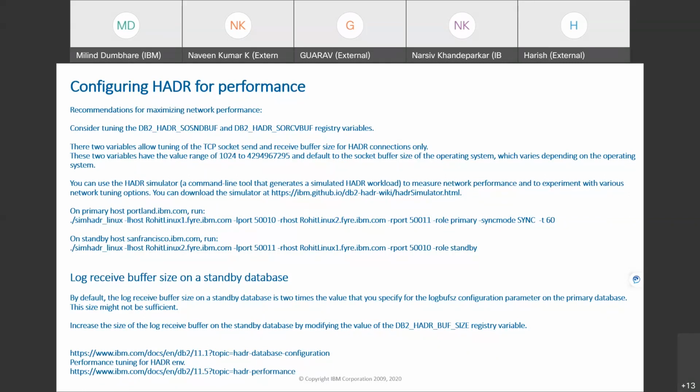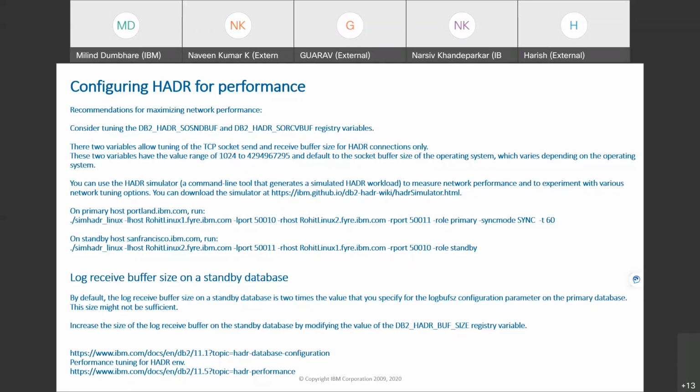So whenever you set up HADR, the first thing we normally recommend is to also use these two parameters. These are registry level parameters. You should tune them to specific values and not go with the default values. If you go with the default value, it's possible that you are not using the complete bandwidth you have